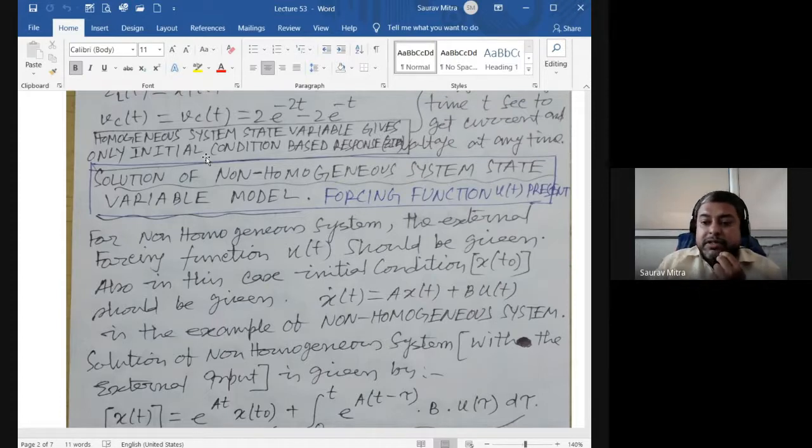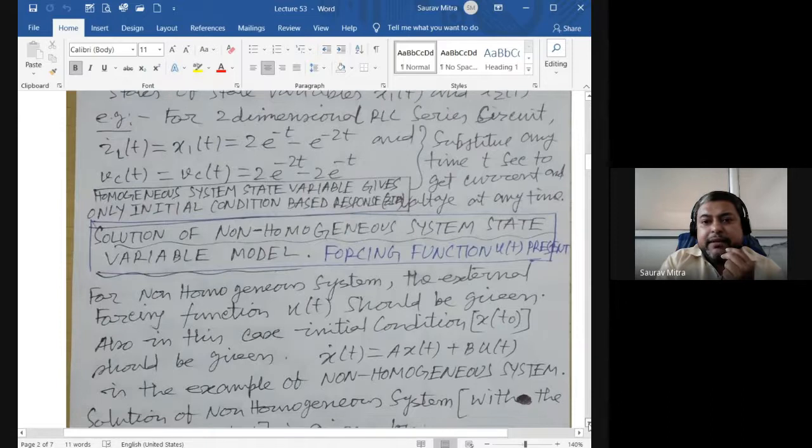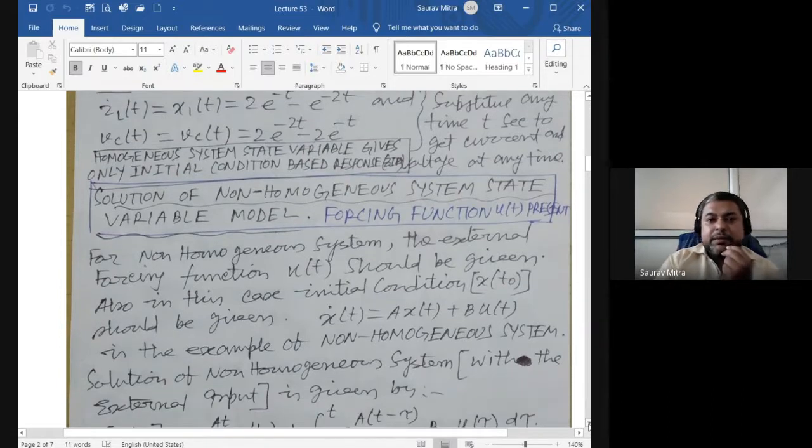We are not triggering the system by using some kind of external source or external energy. We're just saying, if there is any energy stored in the system, how is this thing dissipated and how is this thing coming at the output. So here, whatever x1(t) and x2(t) I have found, that is actually the transient response of the initially stored energy, whatever is there in the system. How the circuit will respond with respect to that, I am representing by using the homogeneous system response.